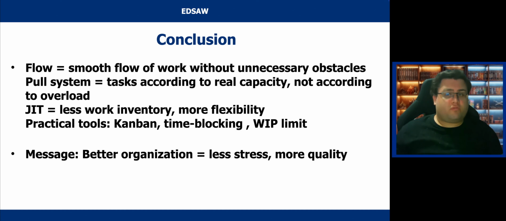We talked about what flow means, a smooth flow of work that ensures that tasks are not left behind and that the entire process runs smoothly. We looked at the difference between push and pull systems. While push leads to overload and chaos, pull allows you to adjust the work to the real capacity of the team. We demonstrated the just-in-time principle and its application in the office: less work inventory, less rework, and more